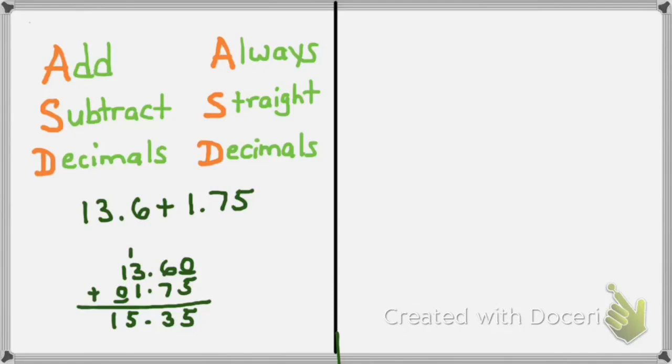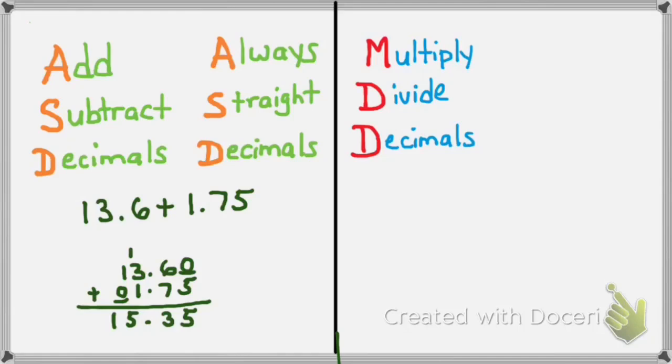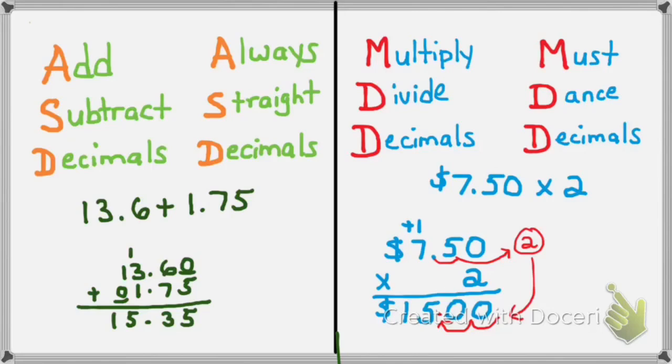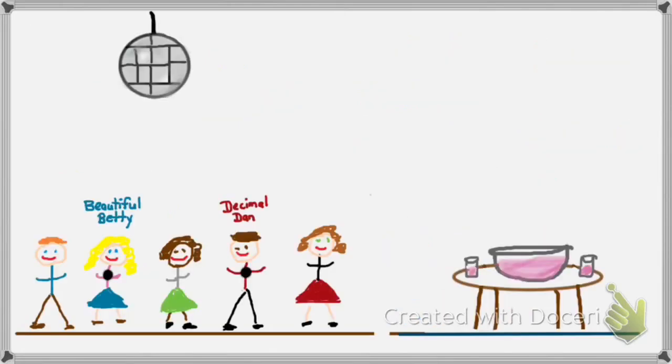And remember, add, subtract decimals means always straight decimals. We line them up in the problem, and they're in the same spot in the answer. But multiply, divide decimals means must dance decimals. So for this lesson today, we are back at the dance club,